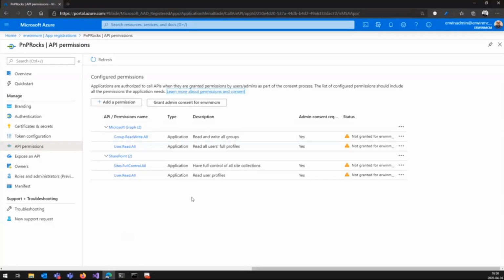Group read write is needed to have access to unified groups, etc. User read write, well, you do a lot of stuff with users, so you want to be able to grant users access to your groups, for instance, and remove users from your groups. Sites full control. PnP PowerShell is typically used in administrative environments, controlling things in site collections. We thought that sites full control, it is a big one. We totally acknowledge that. It would be the easiest because you basically can do anything then.